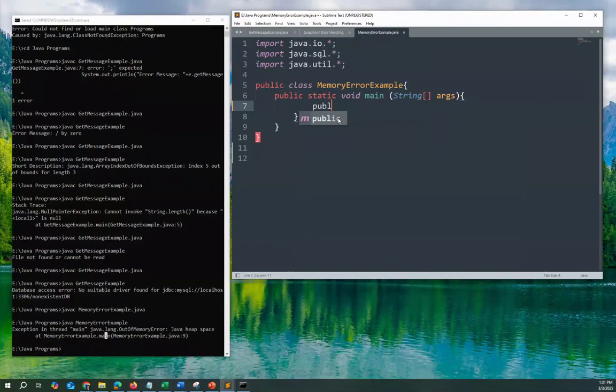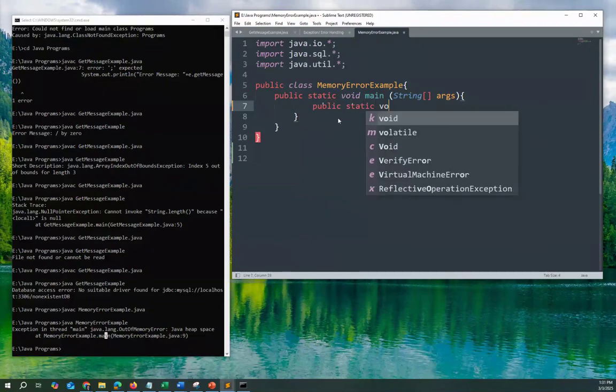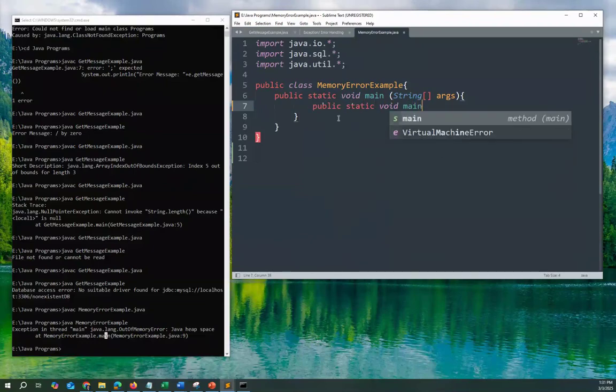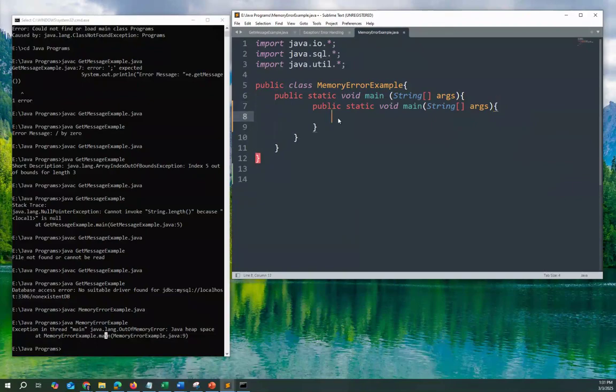So public static void main String args. Then you have your recursive